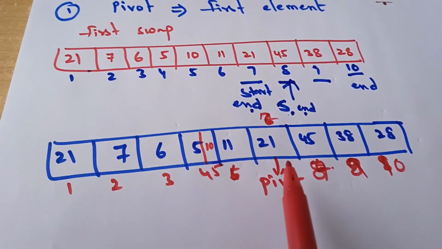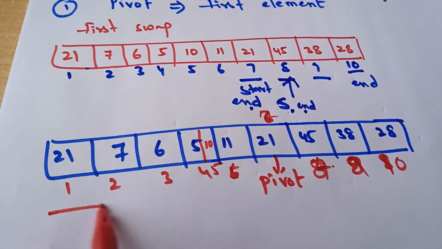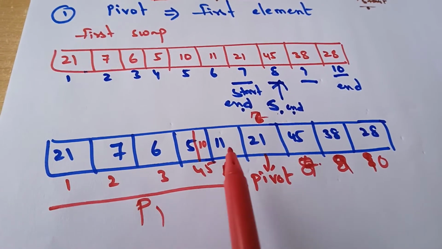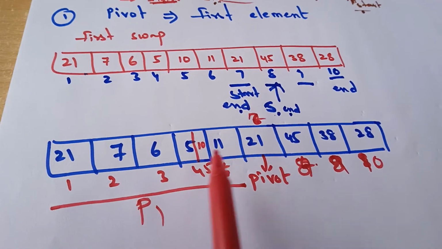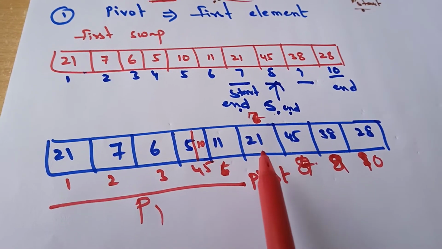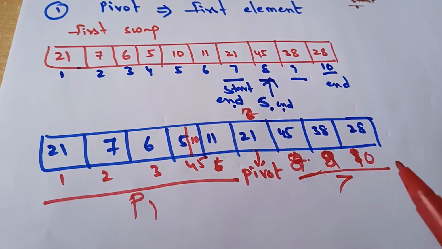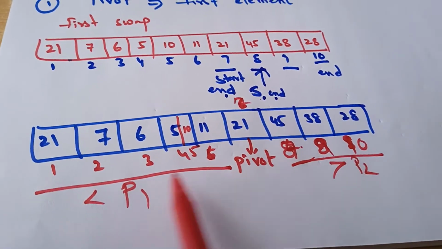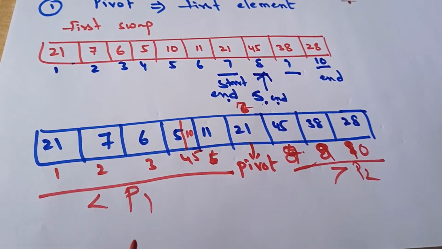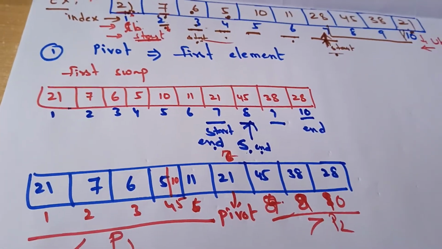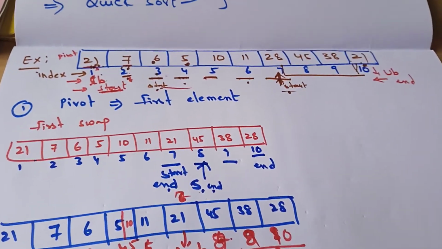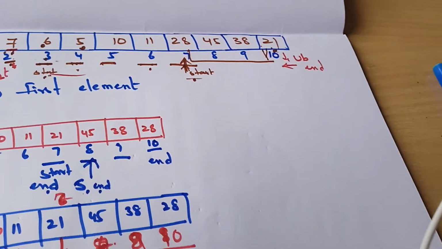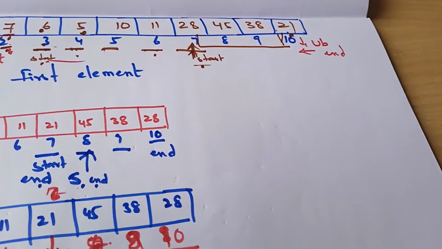Okay. Now, the left-hand side partition. This is my partition 1. Look at partition 1. All the elements are lesser or equal to the pivot element. And all the elements in P2 are greater. The P2 partition is greater than the pivot. The P1 partition is less than the pivot. Okay. Right. Now let's see the algorithm on the basis of which we completed this task. And we'll trace the algorithm as well. The algorithm is